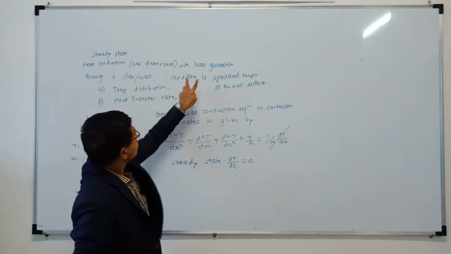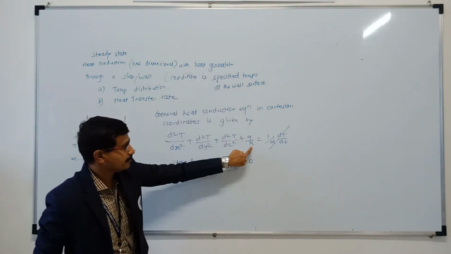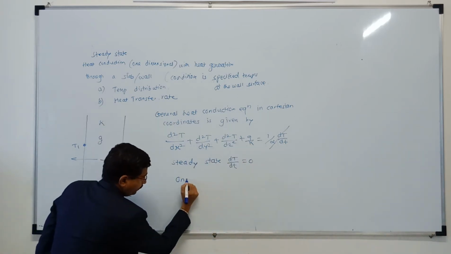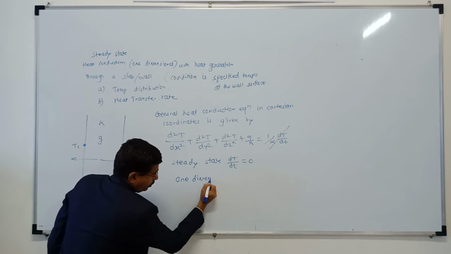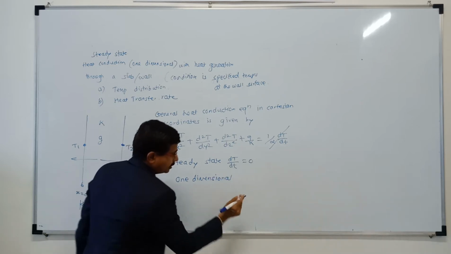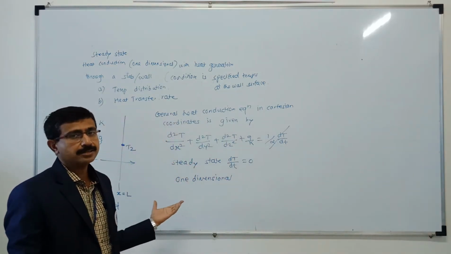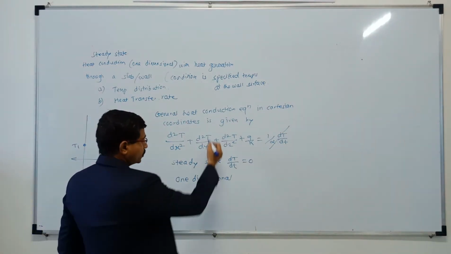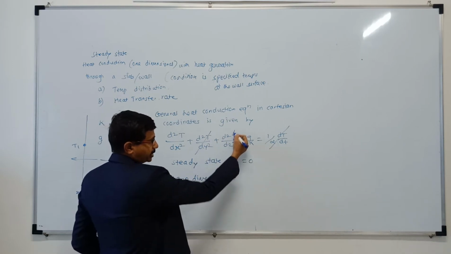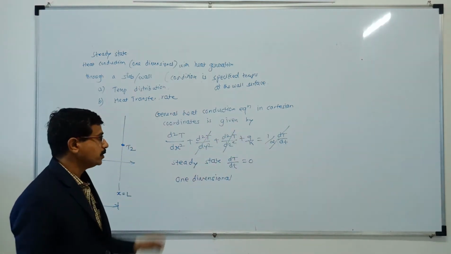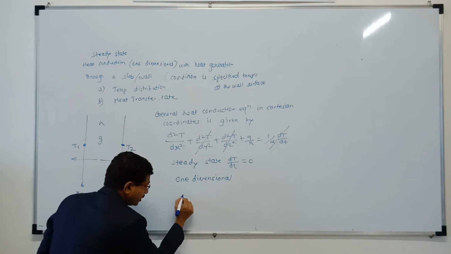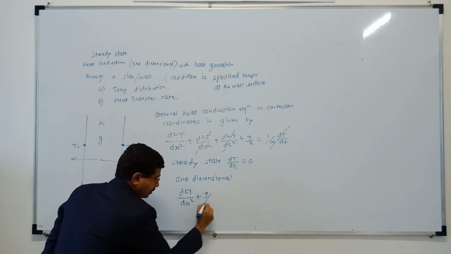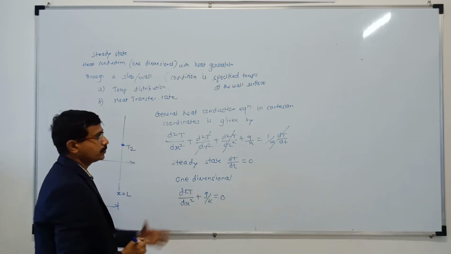Now, as it is the case with heat generation, in this term we have to keep as it is. Okay, but it is one dimensional. One dimensional means, let us say, only x direction. Y and z is not there because it is a single direction. X direction, let's say. So d square T by dy square and d square T by dz square also becomes 0. So what is the resulting equation? The resulting equation is d square T by dx square plus G by k is equal to 0.